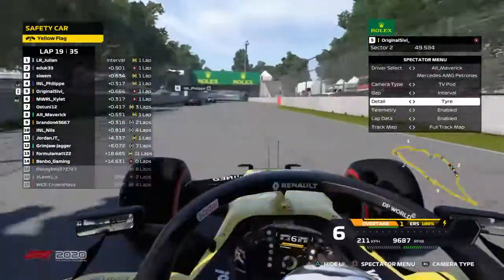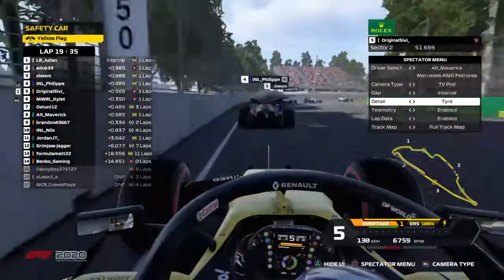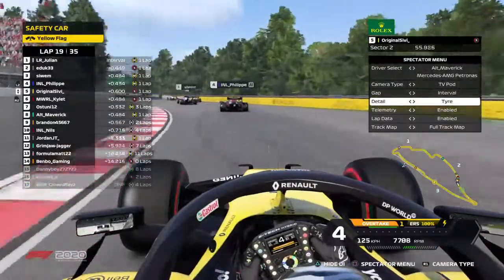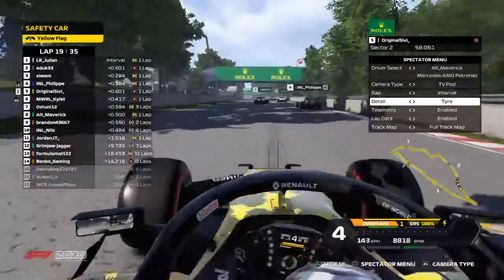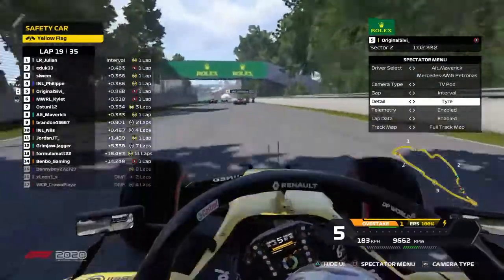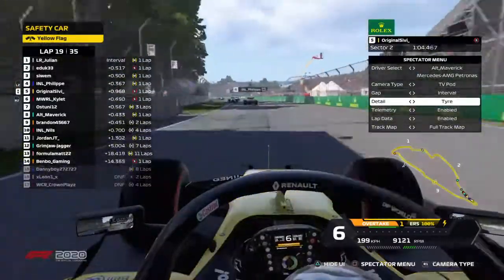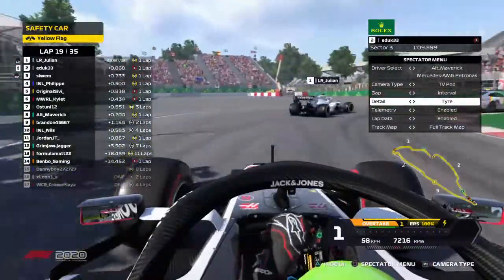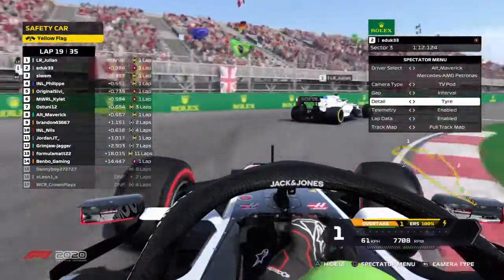It's gonna cost you a lot of time. And a lot of track position as well, because the whole field is now bunched up again, so... Yeah, but we saw earlier just how good the softs were compared to the mediums at the start. Yeah, it's tough. But I think Julian, with the space advantage that he has over the whole field, he's gonna be able to pull away of either, even with his mediums, so...